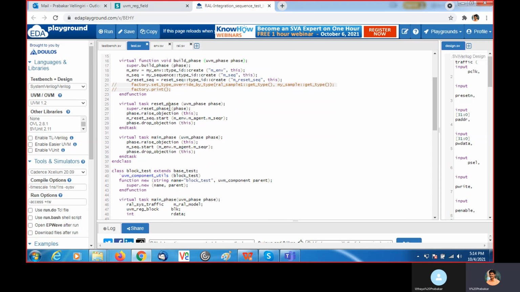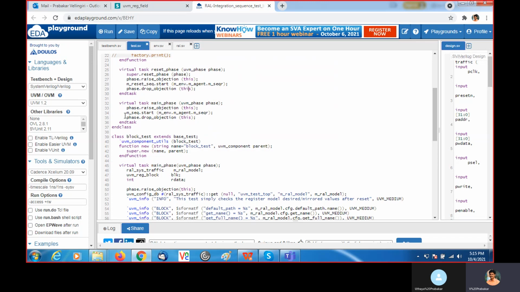In reset phase, I am calling within raise objection and drop objection the reset sequence dot start, on environment, M agent, M sequencer, passing the reset sequence through the sequencer.